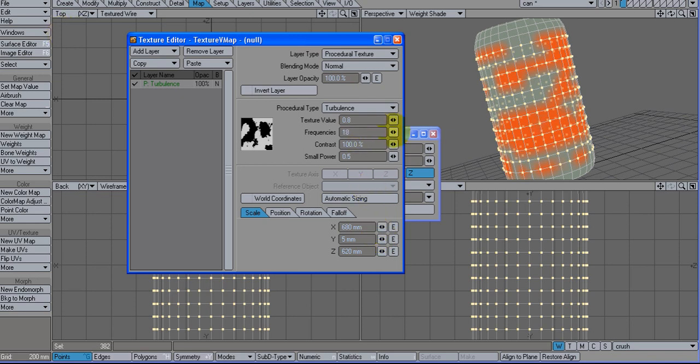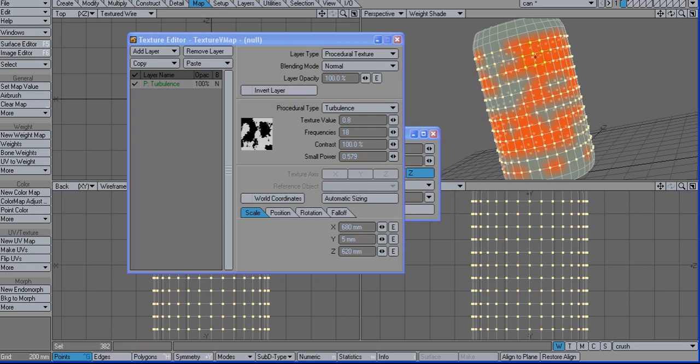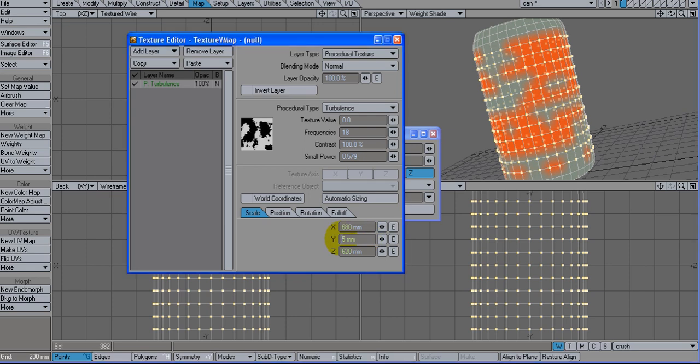See, so we've got it kind of stretching in this direction. We can probably make it a tad bit smaller. Let's go 3 millimeters. Okay, I like that. So where I've got it red, and you can see with the green area where there's 0, well, I don't want 0 there. I want something else. So I'm going to copy that layer,